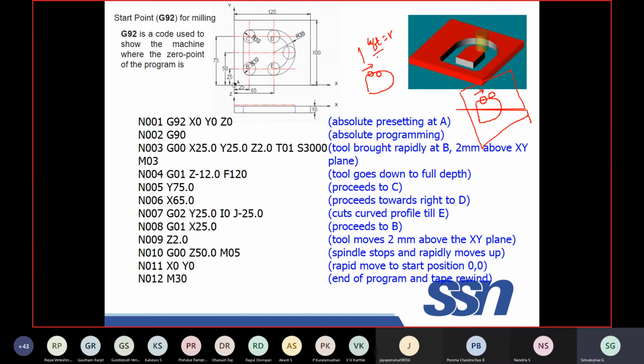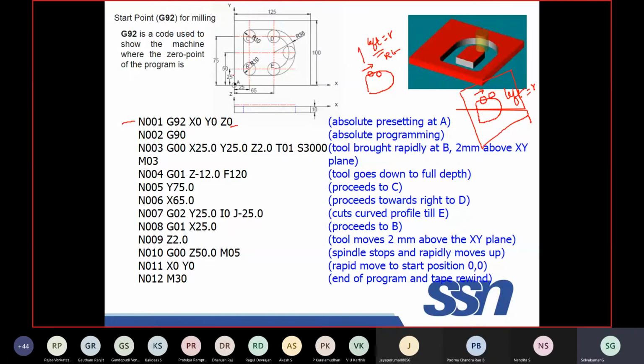Sorry, the previous one right offset. Here left offset. Left offset by the radius of the tool, so that you can have the expected dimension of the die. So this point we have already discussed. So depending on the product, whether we are interested in making a die or punch, you have to choose the tool offsetting.